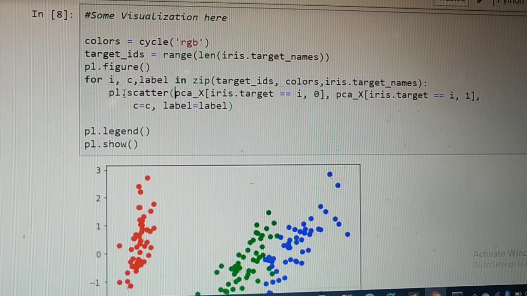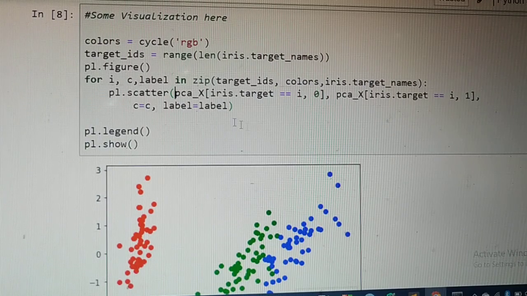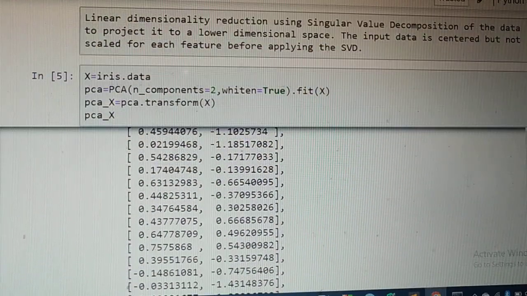So with PL dot scatter you are going to have a scatter plot. On the x-axis, PC underscore X where iris dot target equal to 0 first, comma 0 is the first column, because PC underscore X has two columns, 0 and 1.